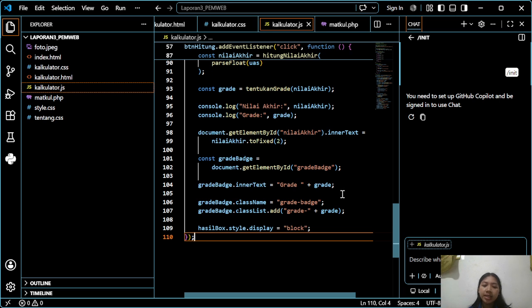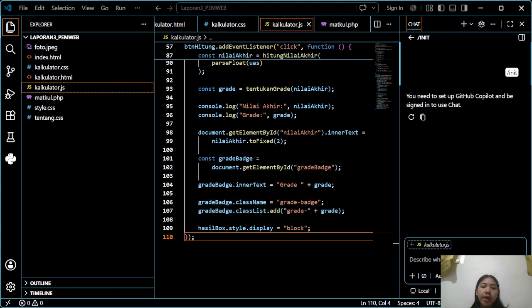When the button is clicked, the calculation process starts automatically. To help with debugging, I use console.log to display input values and calculation results in the browser console.